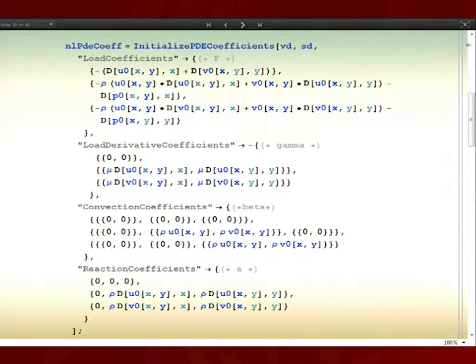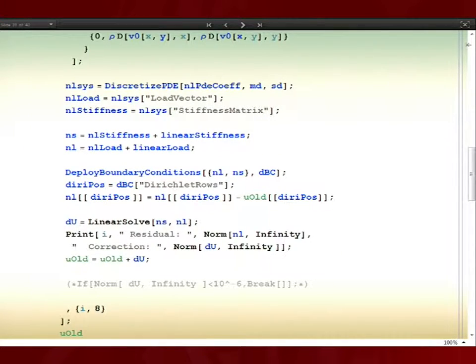And there you see, for example, v0, u0, here's another u0, a p0. And I rediscretize the nonlinear components, extract the nonlinear parts, add them to the linear parts, redeploy the boundary conditions, use linear solve, increment the old du plus the new one, and then I do this 8 times